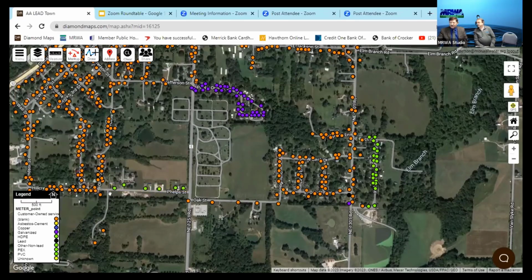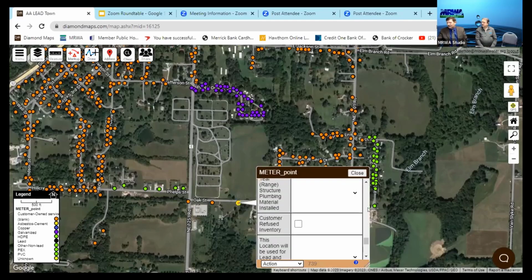But now I know that if I had completed that entire worksheet, I have answered that one important question that I needed to know: what was the customer side inventory sheet? I can now look at this map and piecemeal this thing. I can do it if there are parts that have lead, or parts that have PEX in it, or you can do them individually. I can go down and click one at a time and fill out all the information about that one particular system.